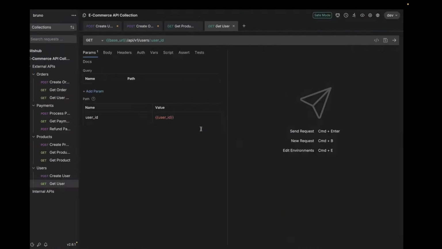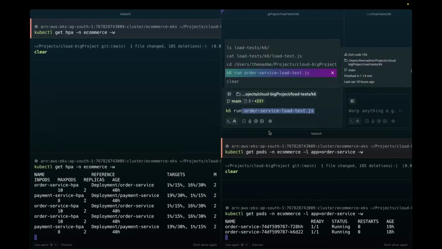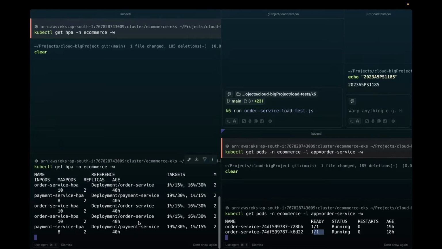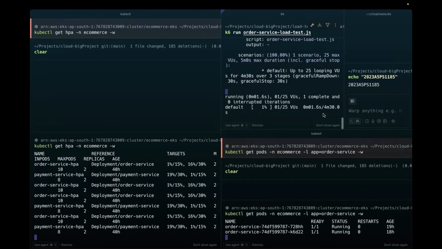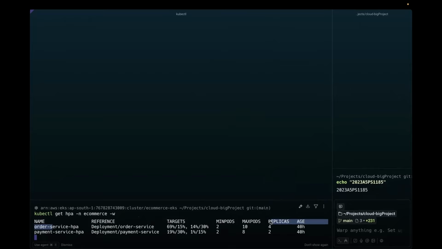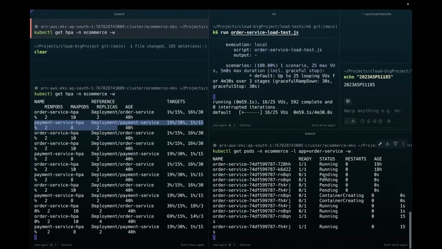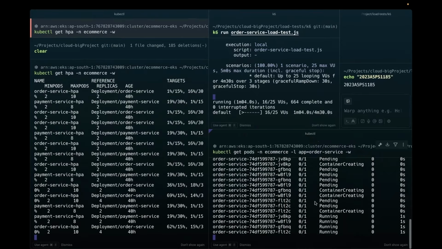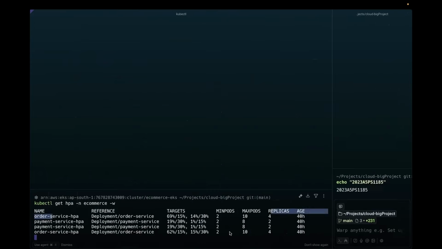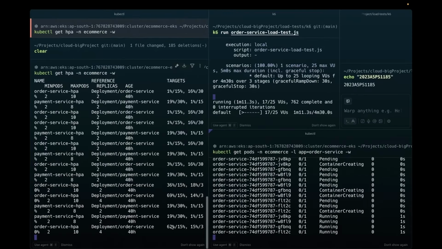Let's see the traffic and how it all connects together. Now let me hit the load. Right now, if you can see, it's one by one, and the CPU utilization for the order service is only 1%. Now if I hit this service, watch. Order service replicas are 4 now. Why? These are being created as the traffic is increasing. The utilization is 62%,